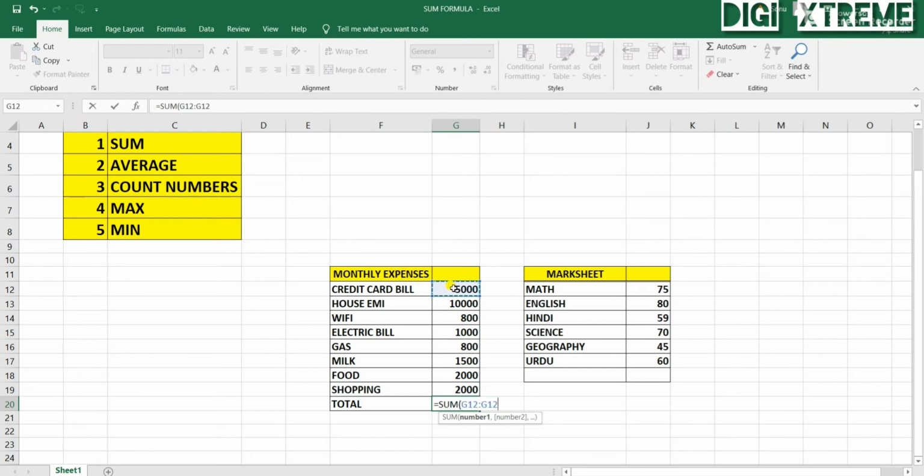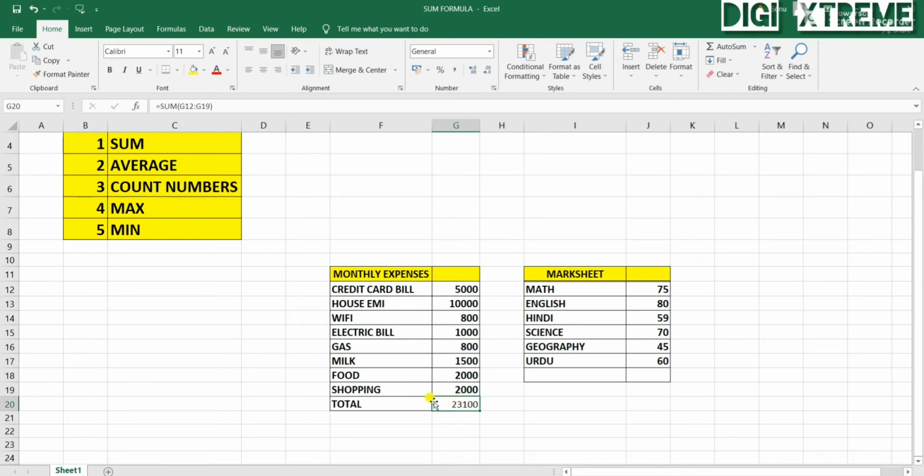I'm now using colon in between, and I have to give the last one because I have to calculate from the beginning till the end. So I am giving the cell number of this. Now close the bracket, enter.